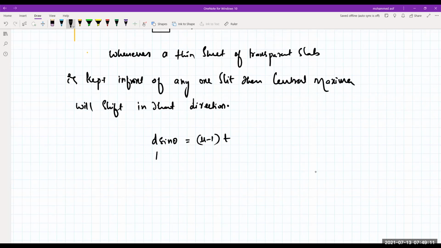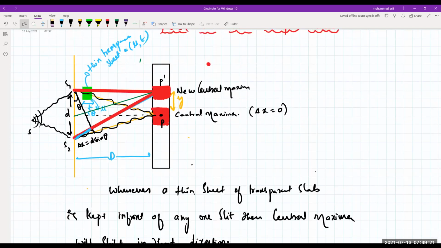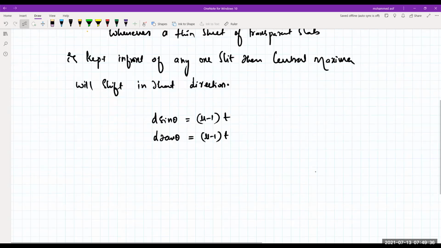As theta is very small, I can write right now d into tan theta is equal to mu minus 1 into your t. And we know the value of tan theta from the given diagram. From the given diagram, if we take this as y and this as capital D, so tan theta is how much from the given figure, beta? That is y by capital D. This is the diagram, student. This is D, this is theta, and this is y. So tan theta is equal to y by D.